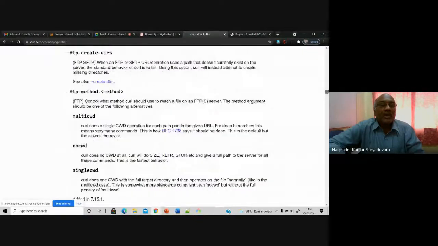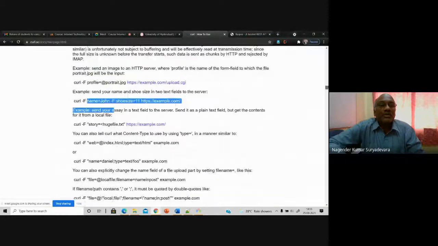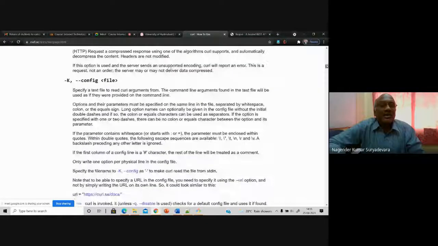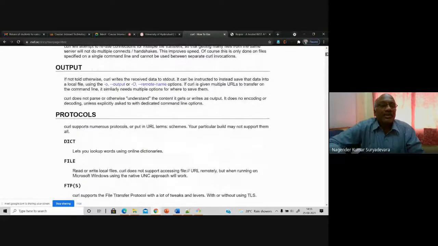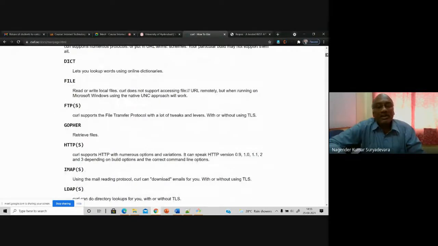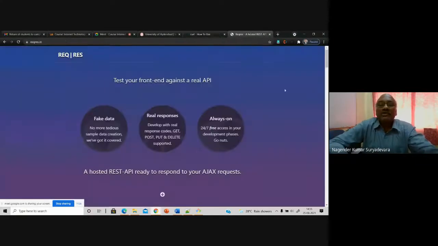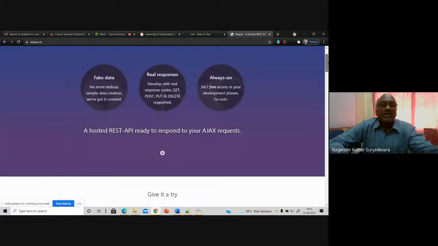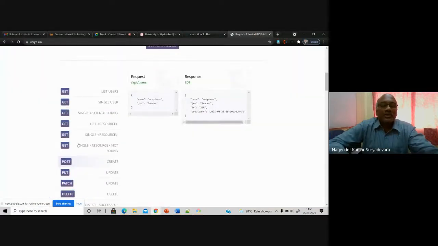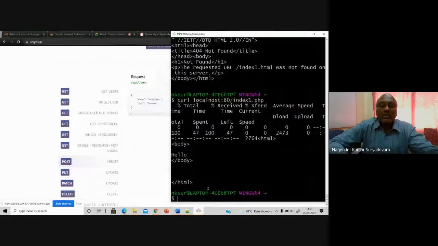Of course, the FTP command we have not yet seen. Tomorrow we will discuss FTP. But please go through these four commands: get, post, put, and delete. That's it. Anything else? Please let me know. You can as well go through this website and use these commands, and you can see your responses using your Git Bash, whether you are able to read and whether you are able to post it or not. Check it on these websites. I don't want to give any spoon-feeding here. I don't want to show every single step. So please first practice it. If you do not get it, let me know and I will try to help you. Don't worry.